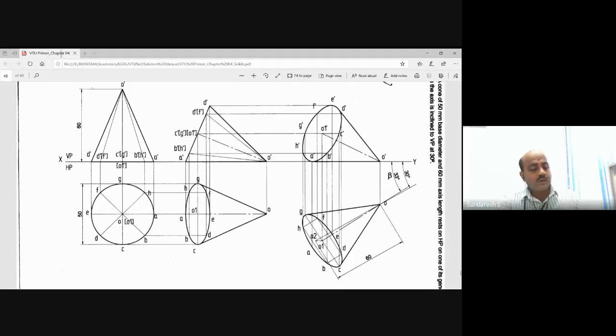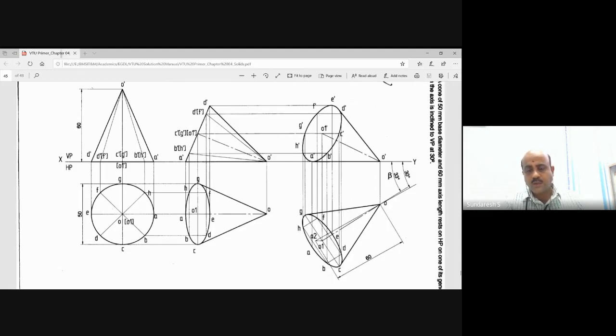So this completes the solids today. Saturday, I will schedule the second internal test. Please intimate your friends also. Get ready with the question banks we have given for solids. The only module left is isometric. I will start it from next Saturday onwards. So please try to get the things done.